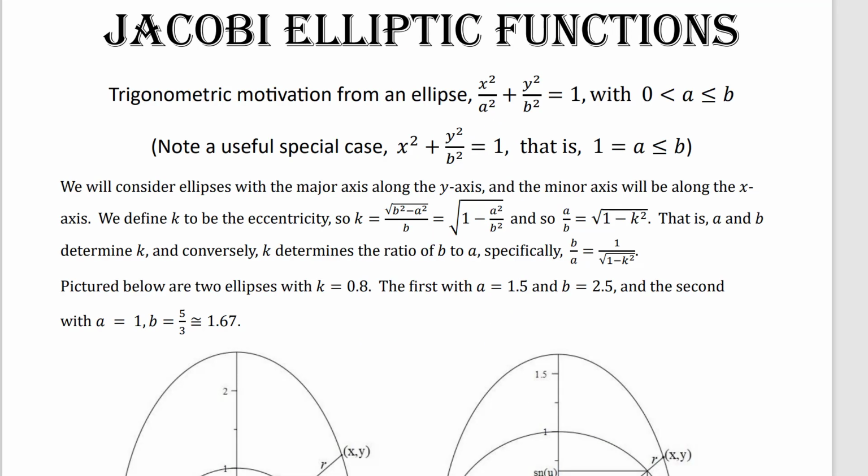So we're going to start with the major axis along the y-axis, vertical, and the minor axis, horizontal, along the x-axis. So we'll have x squared over a squared plus y squared over b squared equals 1, with b bigger than a. If b equals a, you get a circle and you get the regular trig functions. A useful special case is if a equals 1, and sometimes I'll use that, but I kind of want things in full generality. So we can have any ellipse,